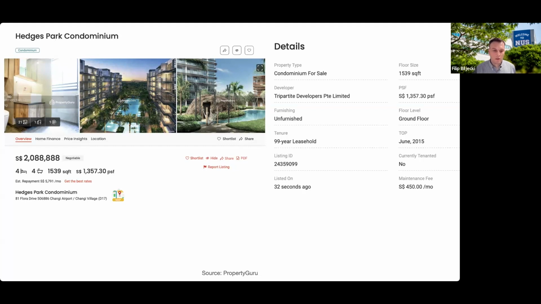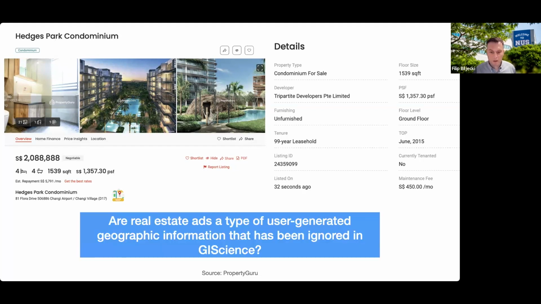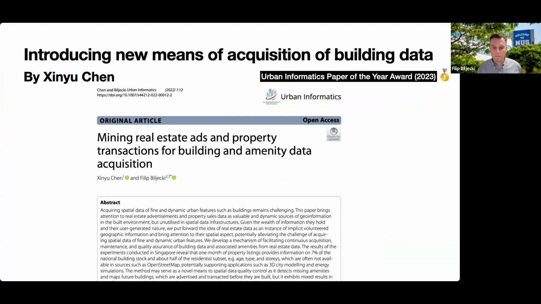This data is on websites like real estate marketplaces, and no one actually took advantage of this data and built a bridge to our community. So we thought these data are a type of user-generated or crowdsourced geographic information that has been completely ignored in our community. And a few years ago, we built a prototype that we published as a paper in Urban